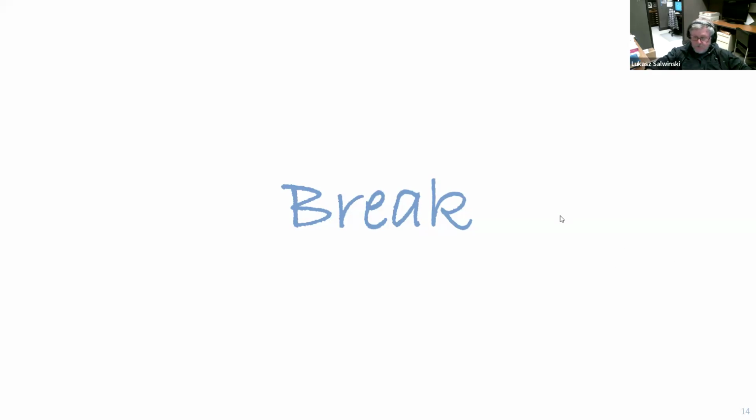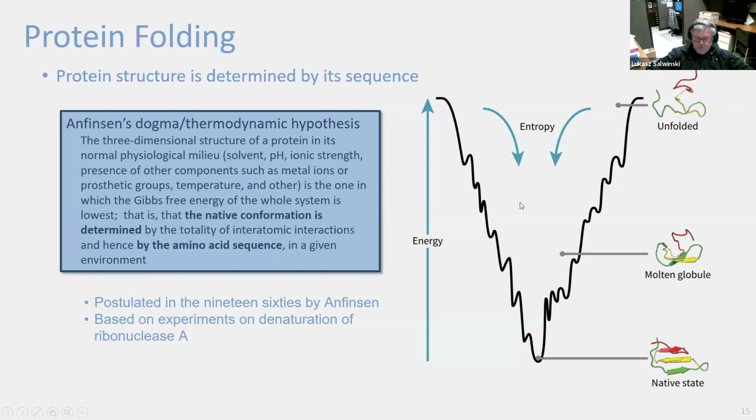So now we're going to go over protein folding. The issue is what determines the shape of the folded protein molecule. Why does it take one shape or another? Initially, at the dawn of protein biochemistry, it was not certain. And finally, I think somewhere in the 60s,